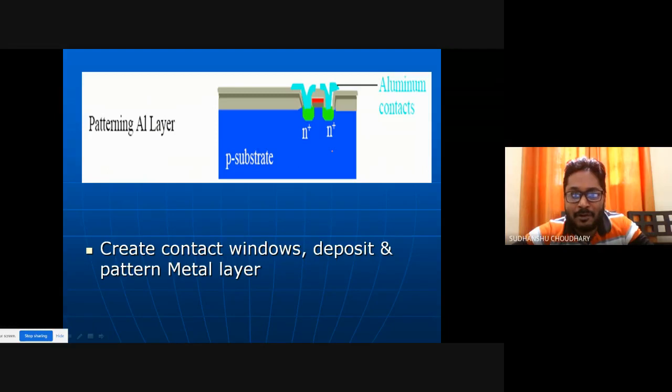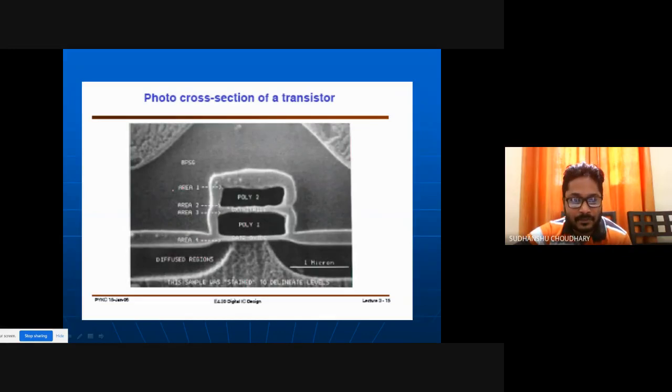So one can think about creating this kind of MOSFET where you have two N-type regions, this is NMOS, and then the aluminum source and drain contacts have to be connected by some aluminum wire. This aluminum wire patterning can also be done using the same set of masks and the same photolithography process. So this is the cross section of the transistor. You have these two diffused regions, you can see poly is here, and the channel is here.